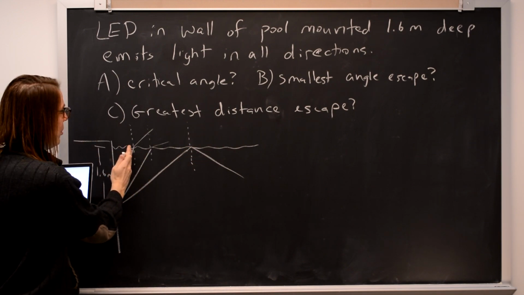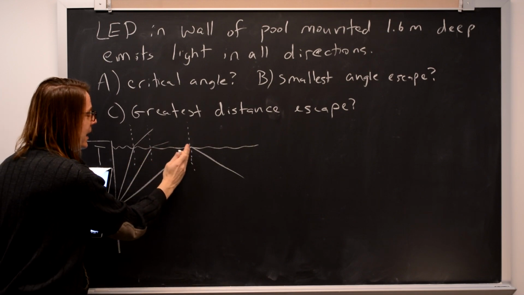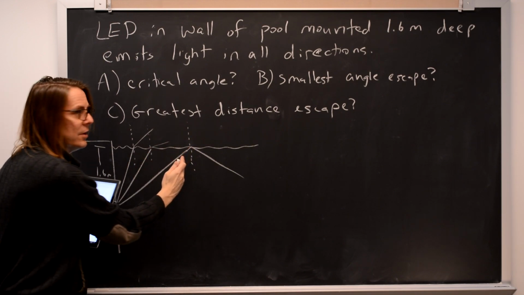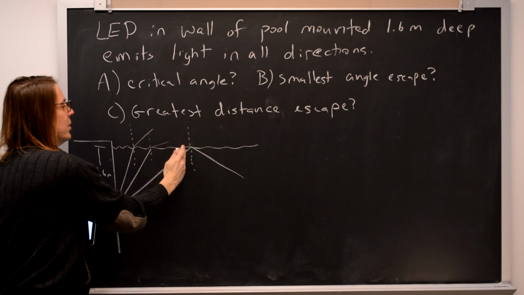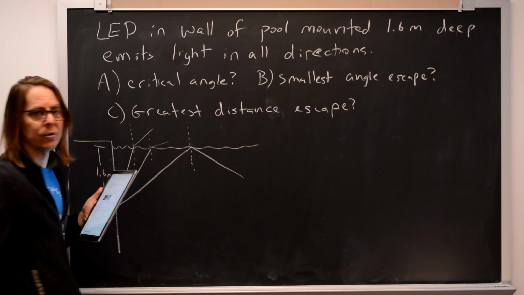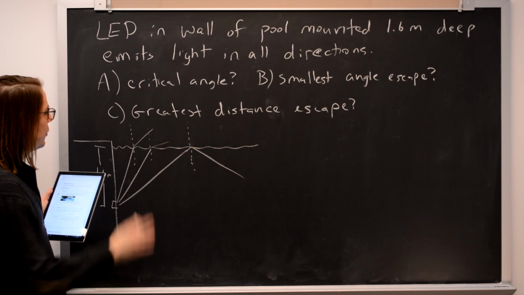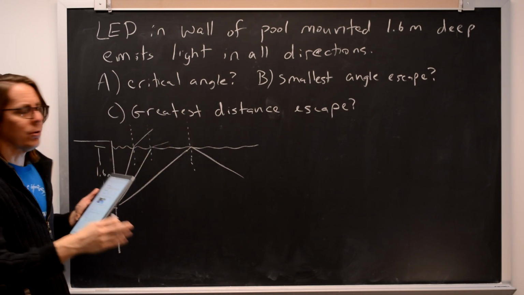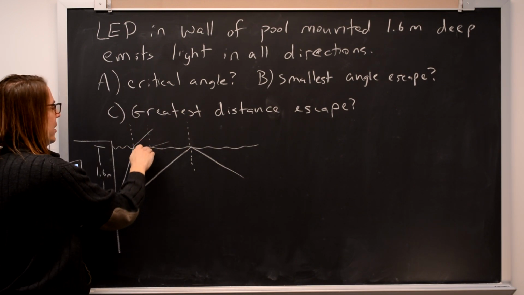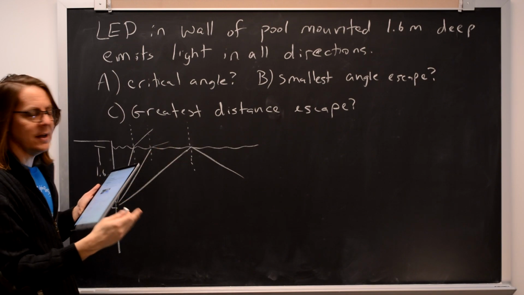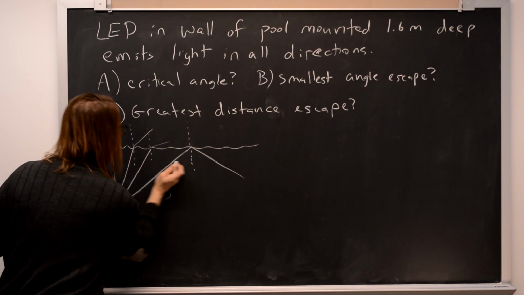So here, this was a really small angle of incidence, bigger. Eventually it reaches a size, this is as small as it can be, where it would escape the pool. And if it's bigger than this, it would go through total internal reflection. So the critical angle, we could derive it again, we don't really want to. It's where you set this refracted angle equal to 90, and you end up finding that the critical angle